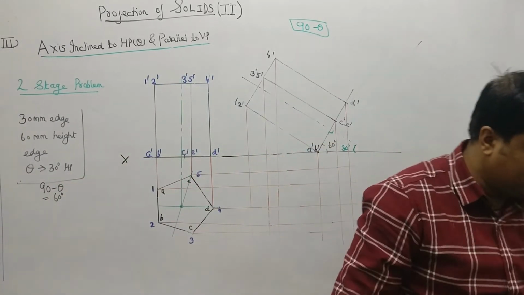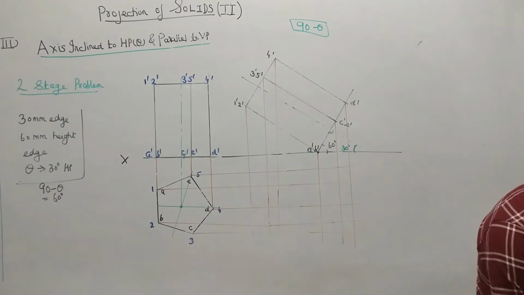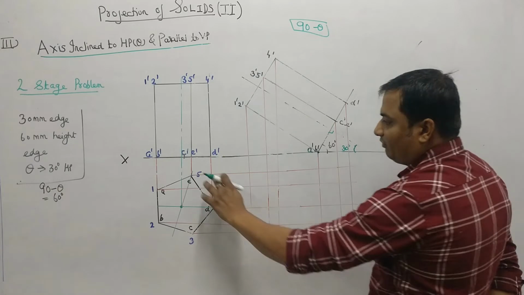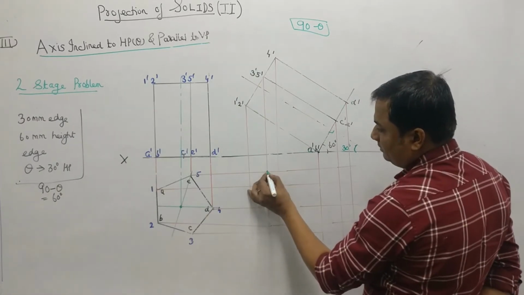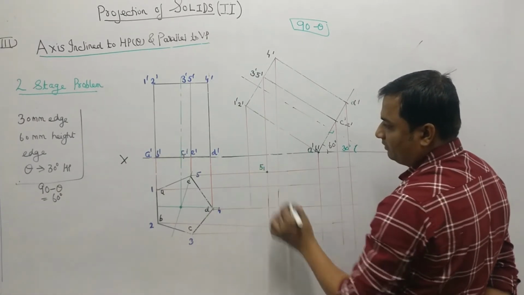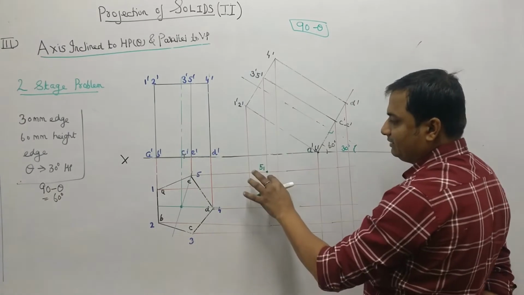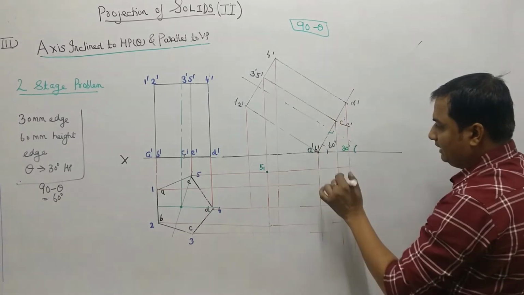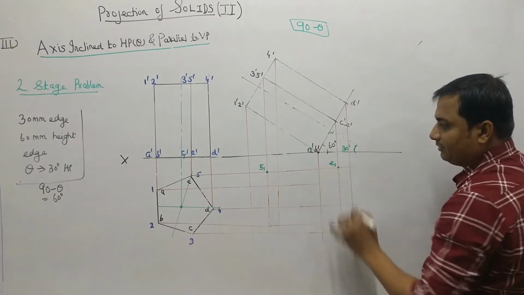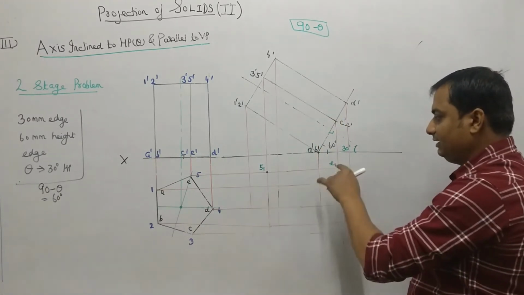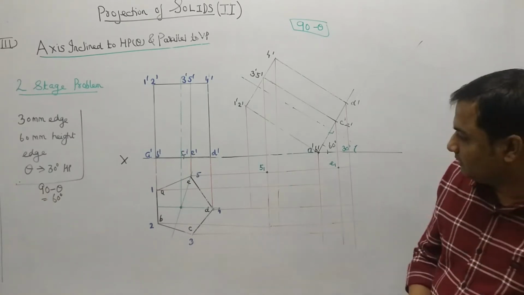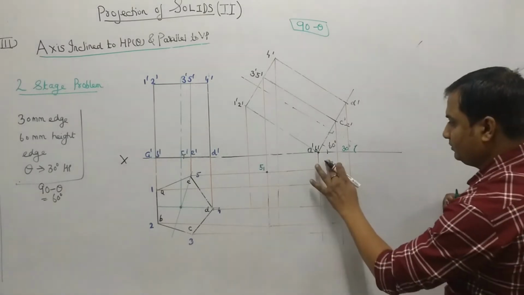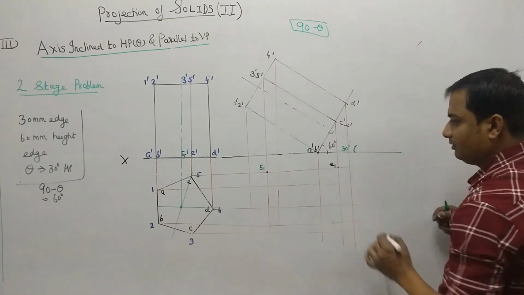Now I have to mark the intersection point. So this is very important. Carefully you have to mark the intersection point. Okay. So 5 horizontal, 5 vertical. This is 5. 5 horizontal, 5 vertical. This is 5. E is also there. So E horizontal, E vertical. This is E1. 5 1, E1. Okay, I will be naming it in a different color so that you will not get confused. So this is my E1, right?